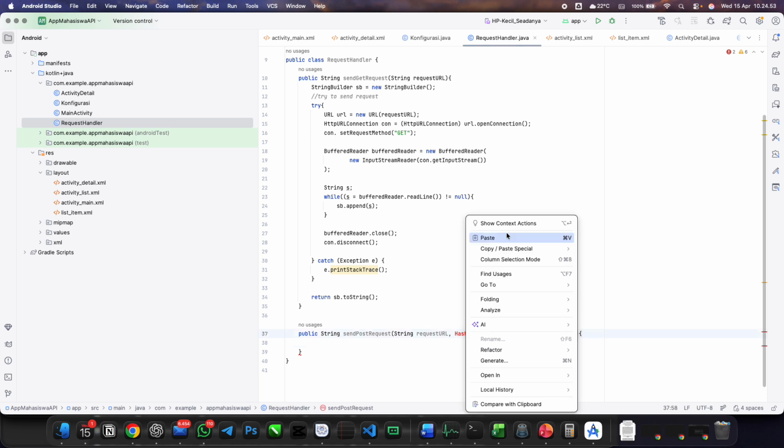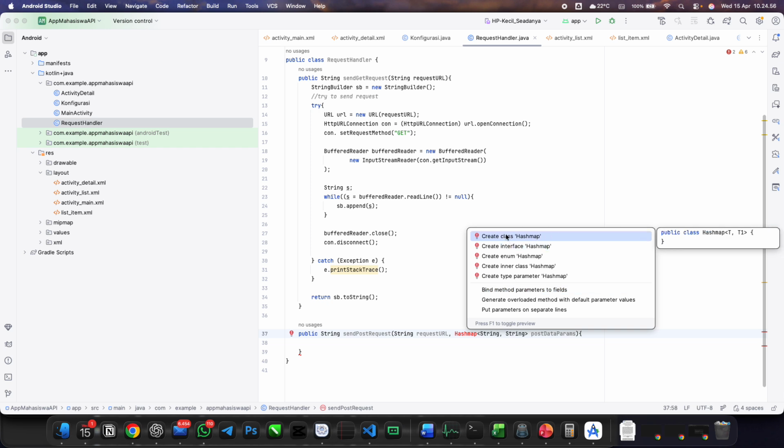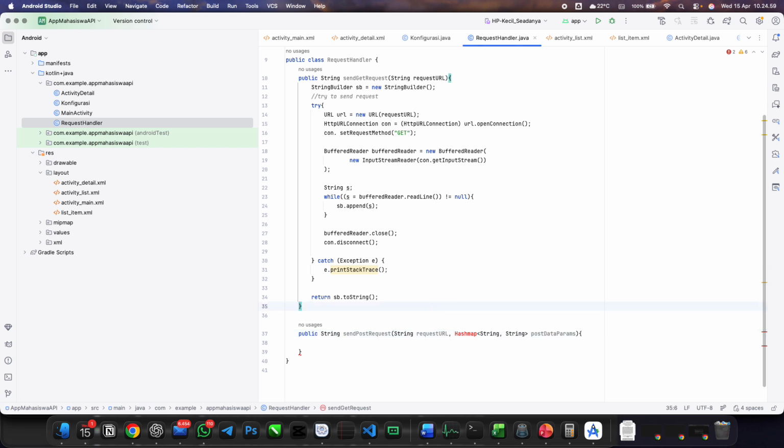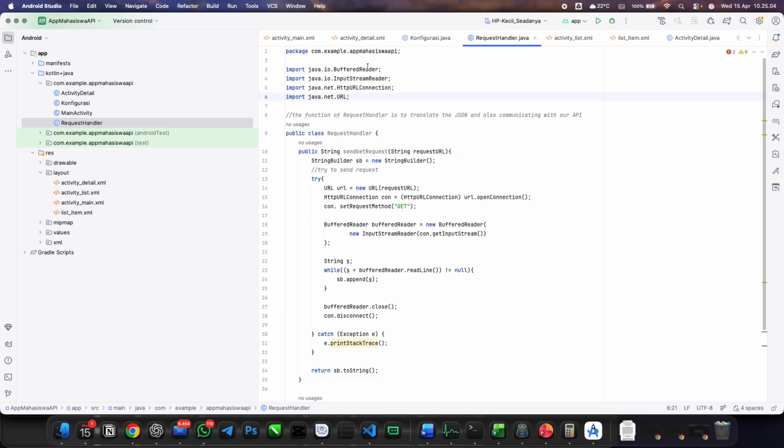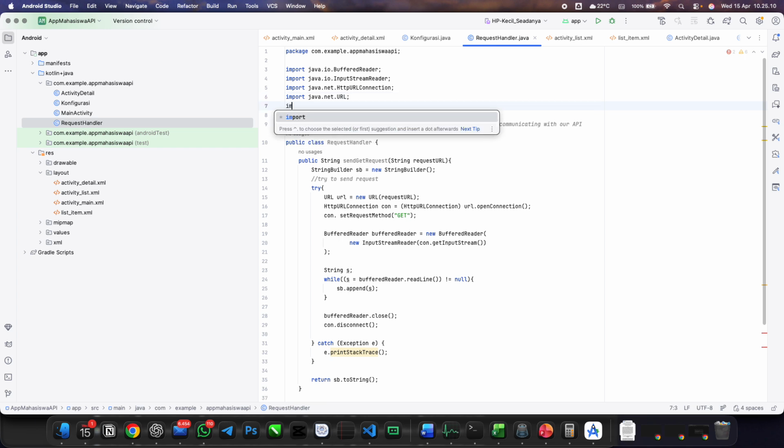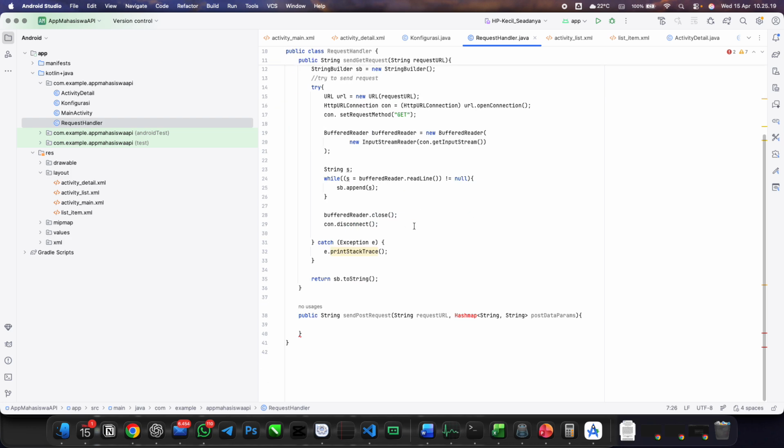And about the hash map, you just use context action, we can create or import it later. Okay, buffered reader, output stream, URL, import java.util.hashmap. Okay, save. Okay, it's okay. There's no typo in here. I have to make sure it is using the correct case, because it is case sensitive.